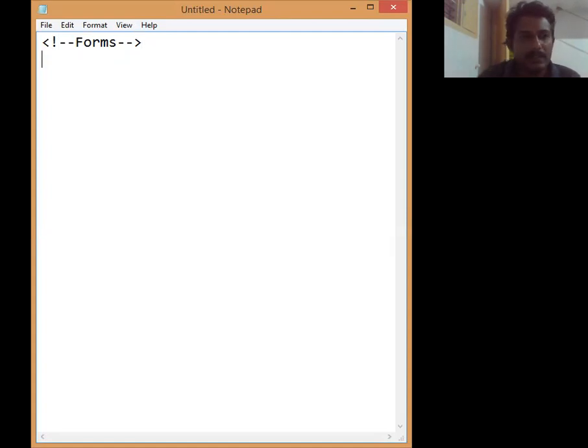So the first line, we should always create the HTML tag. It's like a header. This is a start tag, and we should also give an end tag. The end tag should start with a forward slash. Whatever code we write has to go between these two tags. After the HTML tag, we give the head tag. The head tag will be displayed in the head section. After the head section, we can use a title tag.